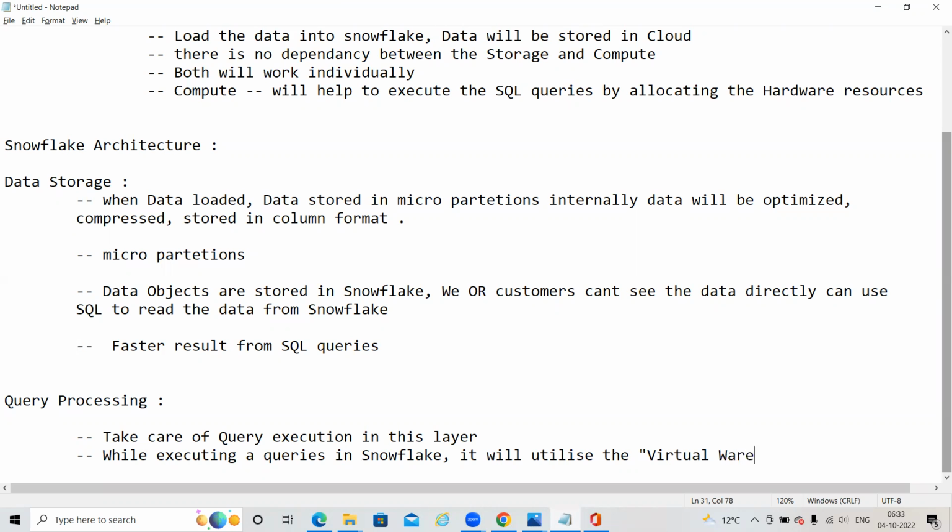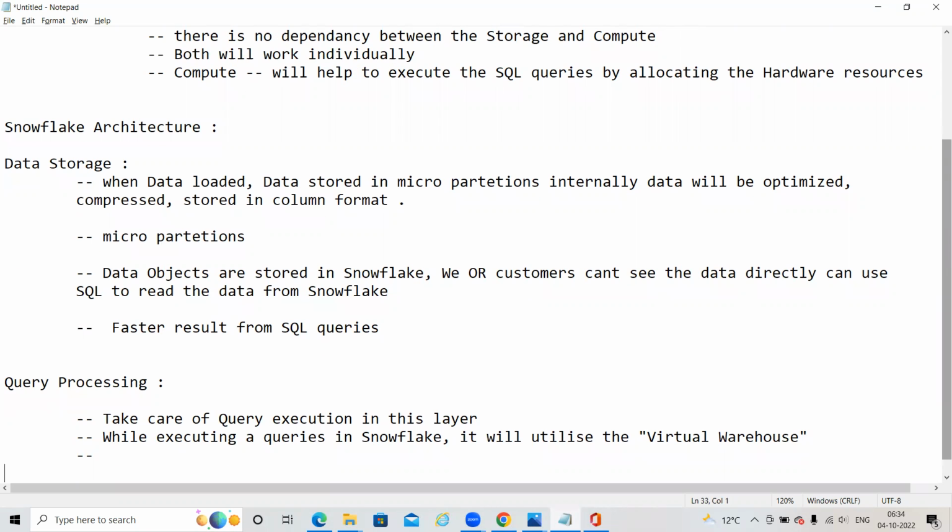This is the beautiful concept in Snowflake. Each virtual warehouse will perform massive parallel processing.